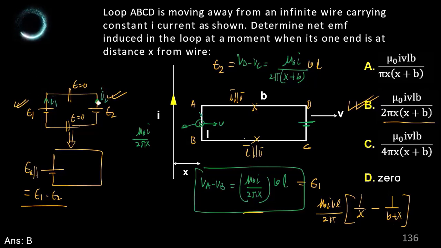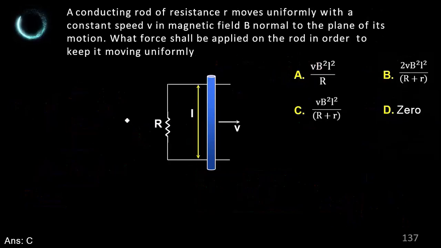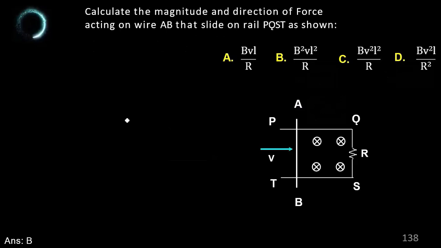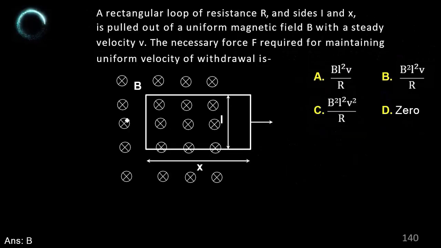Clearly the magnitude of I1 is more than I2, so the entire current will flow in this direction, I net, I effective. So you can calculate what is the current flowing through this loop also. ঠিক আছে, এগুলো করা যাবে।